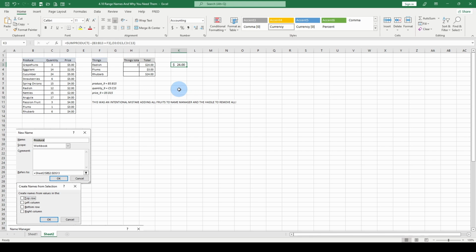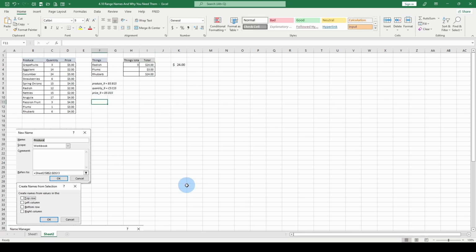Your preference, if you're working individually and you can read this, is great. If you're collaborating, maybe it's easier to work here and identify by range names. Now, when it comes to managing range names, it can be cumbersome if you don't understand the workflow. If you need to change the identity, or if you typed in the wrong information, for example, you have a range here in B2, which is produce, and it goes from B2 down to B13, but you only named to